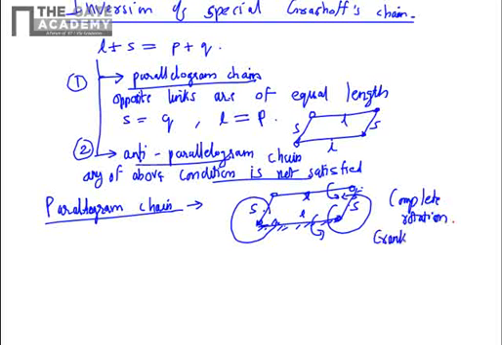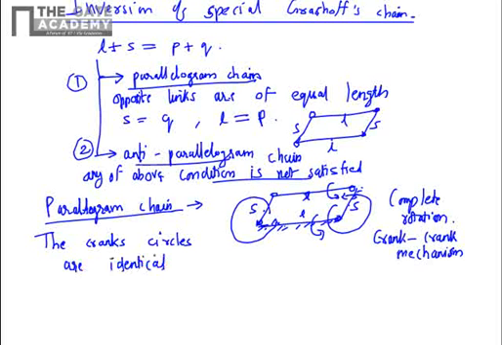So this is the crank mechanism. This is the property of the parallelogram chain. Another interesting property to note here is that the crank circles, the circles traversed by the crank, are identical. So this is a very useful property, and it is employed at many places, such as you may be aware